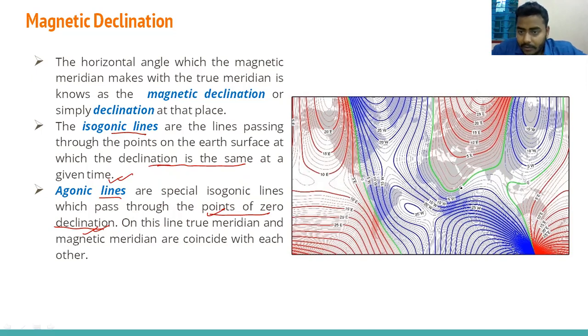Right? You can see in the figure, the line which is of green color, its declination is 0. Green color, their declination is given 0. Here also you can see declination is given 0. So the green line which is shown here is the agonic line. And all lines which are in the red and the blue,